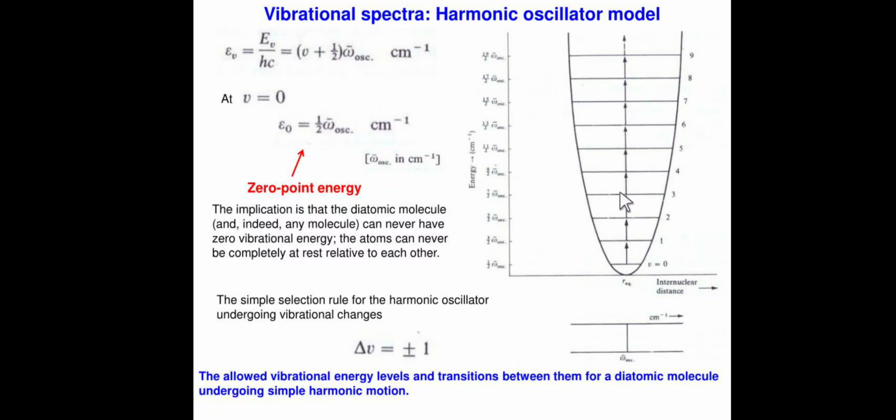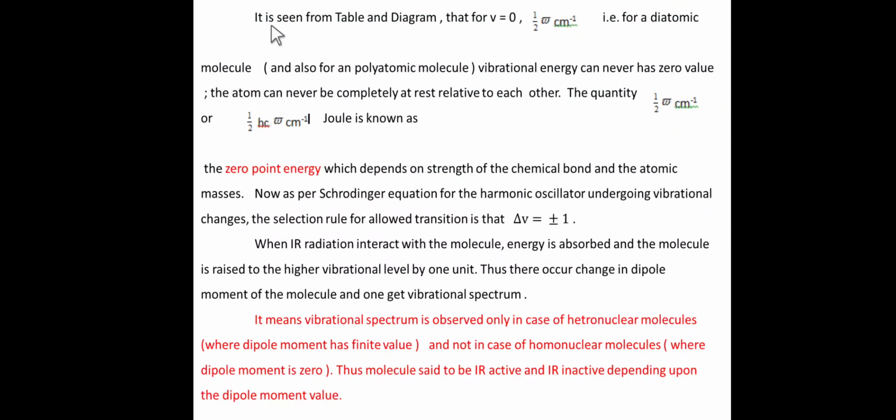So, these are the allowed transitions. This is the first transition, this is the second transition, this is the third transition, then this is the fourth transition as per the selection rule, and this is the vibration spectra or the IR spectra for the diatomic molecule. Then it is seen from the table and the diagram that for V equal to